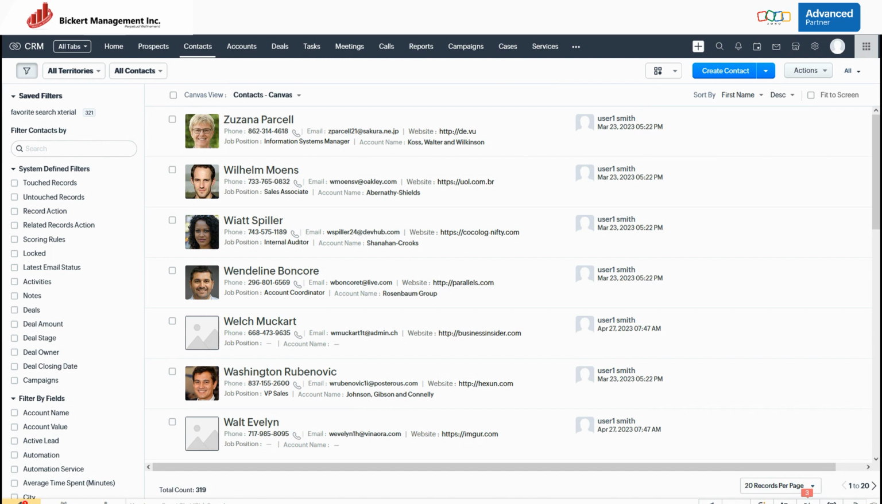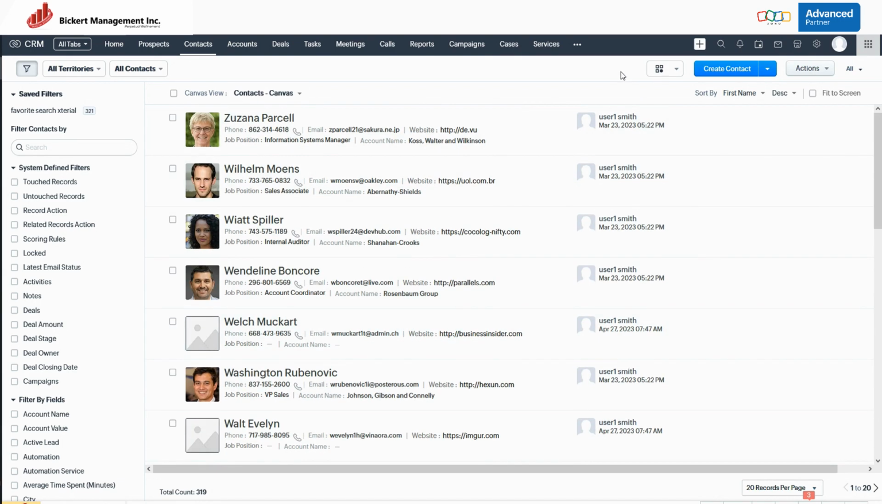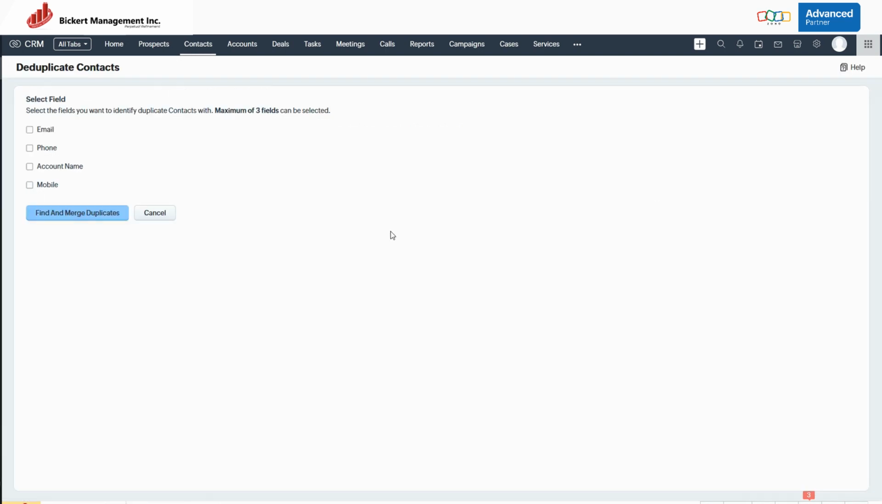So I'm right here in my contacts module. This is our demo account, so we have some dummy data in here. What you want to do is go up here, top right, click on the Actions button, and you will have the option here to deduplicate contacts. Click on that, and now you'll be asked to select up to 3 fields that you want to identify duplicate